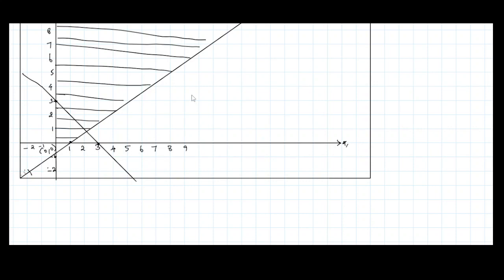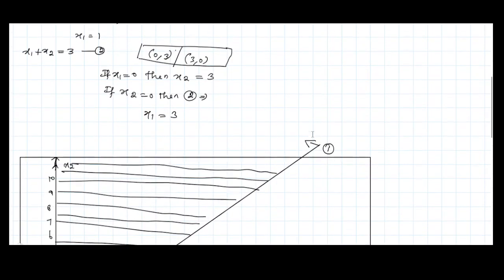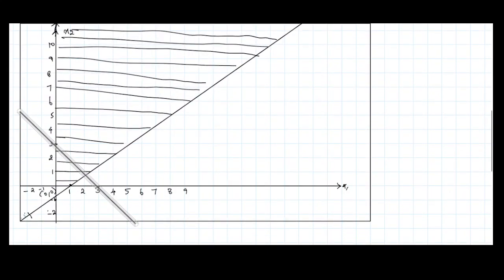It is also greater than or equal to, so greater than or equal to is equation number 2. So we need to cover the region